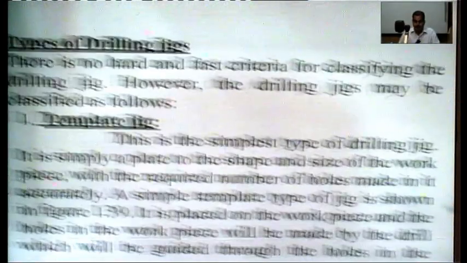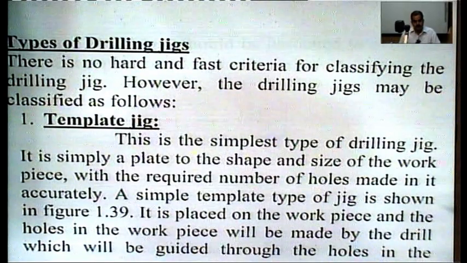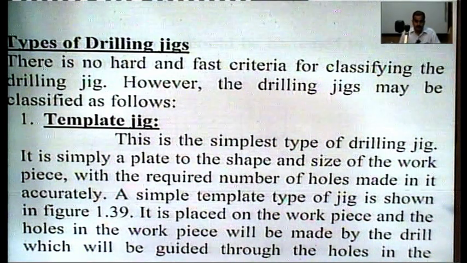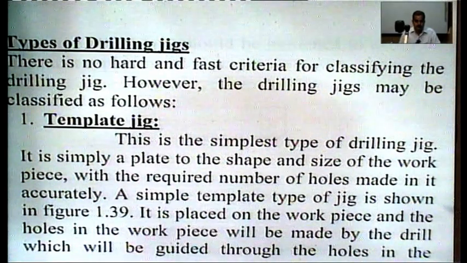Now comes the next topic, types of drilling jigs. There is no hard and fast criterion for classifying the drilling jigs. However, the drilling jigs may be classified as follows. First of all, the template jig. This is the simplest type of drilling jig. It is simply a plate to the shape and size of the workpiece with the required number of holes made in it accurately. A simple template type of jig is shown in the figure. It is placed on the workpiece and the